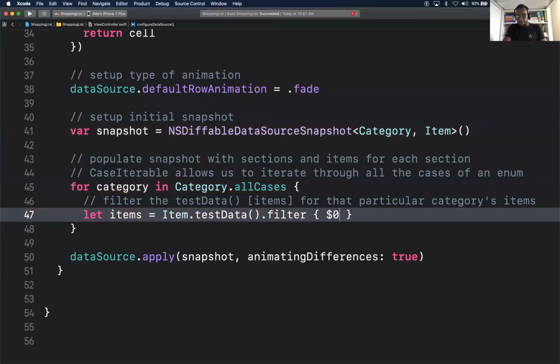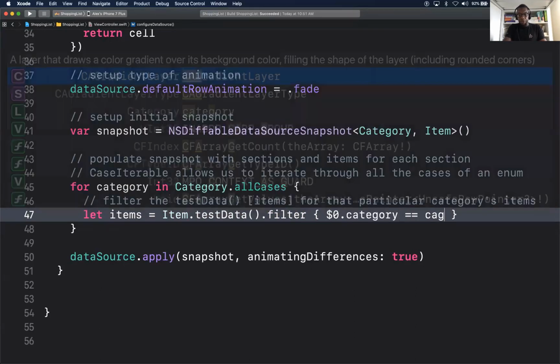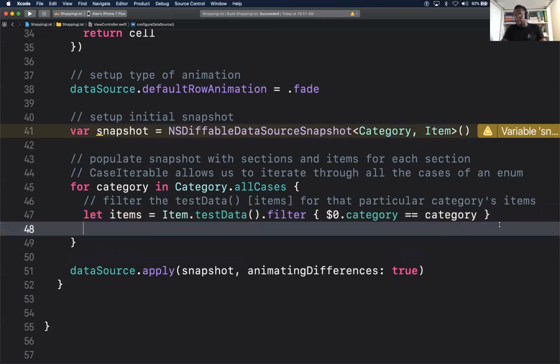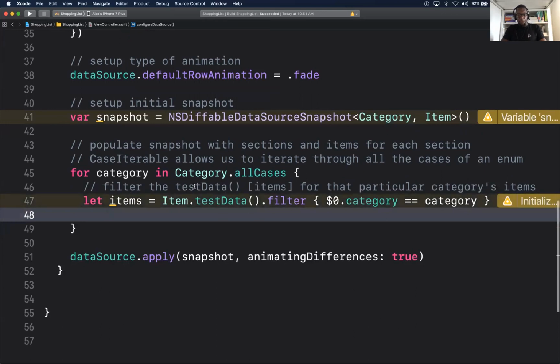So now I could say filter by category equal to category. And that category is this category. And our item has a category. So all items here will only refer to that particular category. Everybody with me? All right. So here we have all the items for that particular category.